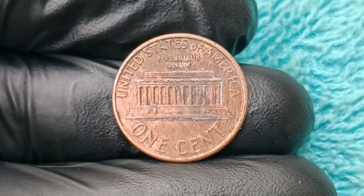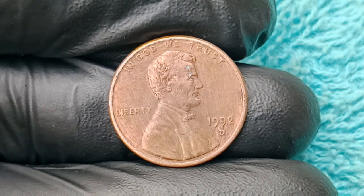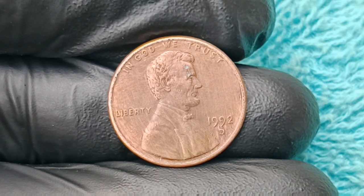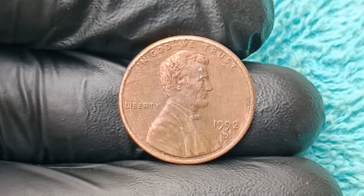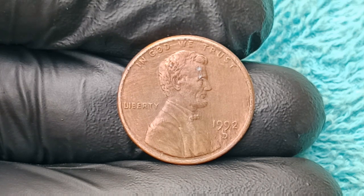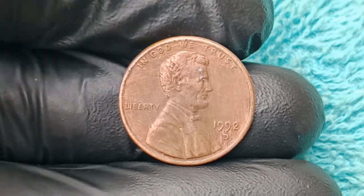And we can't overlook the fact that this coin's eye-watering $256 million value wasn't just pulled from thin air but justified by an incredible convergence of rarity, historical relevance, collector demand, and emotional appeal. Because owning a coin like this isn't just about the metal or the mint, it's about holding a piece of American history that defied odds and rewrote the rules of what modern coins can be worth, especially when you consider